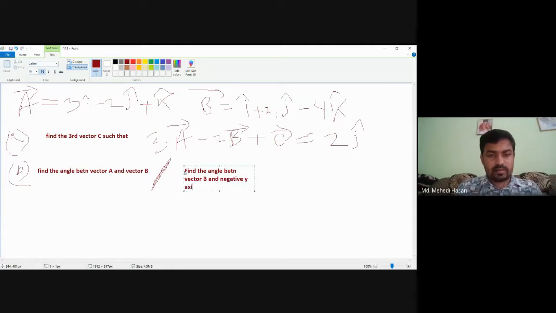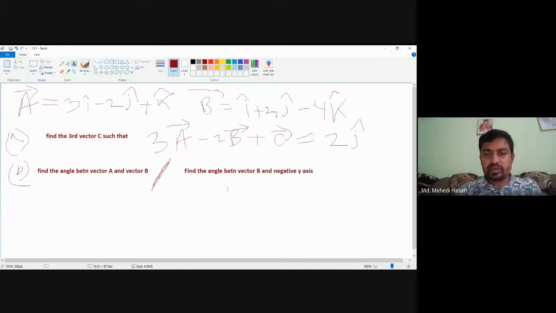Okay. The angle between vector B and negative y-axis. This is question number B. Question number C, solve